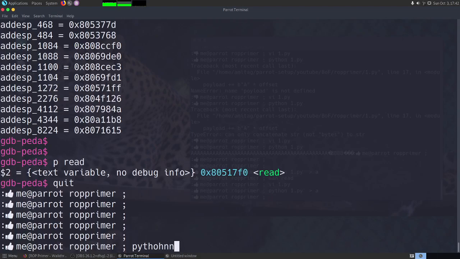We will do python 1.py, then echo A, and pipe it to /level0.